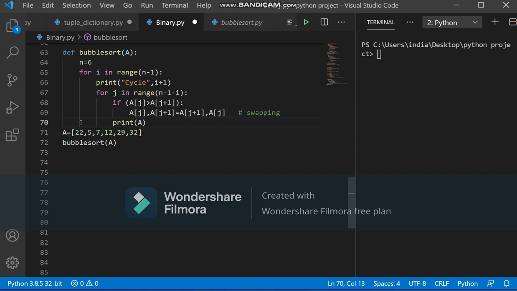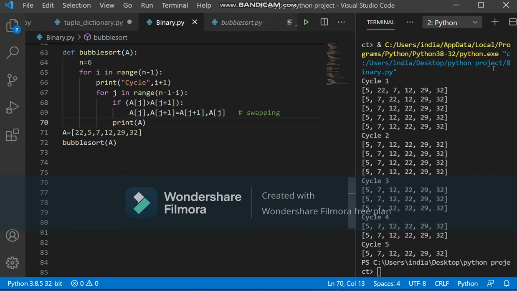You can quickly revise this. What we are doing here is, first we are using the outer for loop, for i in range n minus 1, which is responsible for the number of cycles, and n minus 1 because 6 values, 5 cycles. Then for j in range n minus 1 minus i, because j is responsible for comparing adjacent elements and shifting or swapping them. Then just a print. This is something very simple. Now I hope you have understood the process of swapping also. Okay, thank you.